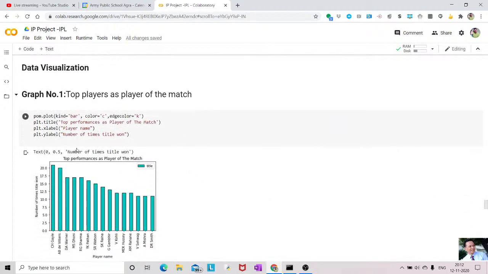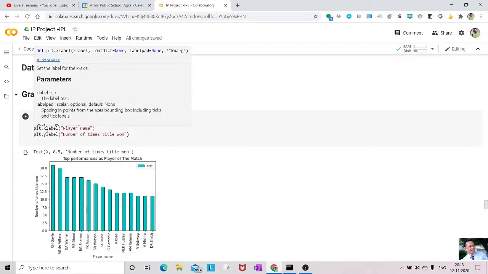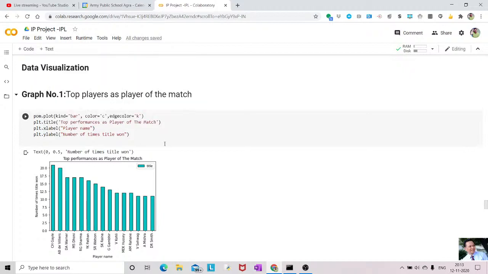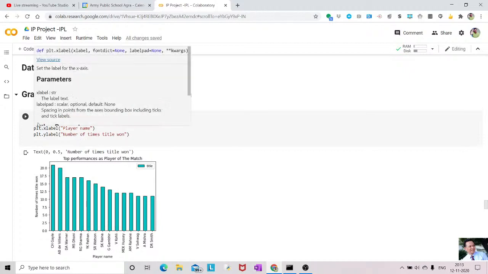So here, player name, because you are going to create the bar graph. A bar graph, obviously a 2D graph, has at least two axes: number one is the x-axis and the y-axis. On the x-axis we want the player name to be displayed, and on the y-axis we want the number of times the title was won by the player. So here, just when you run this program,